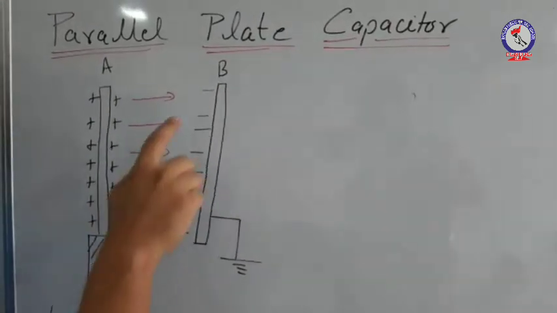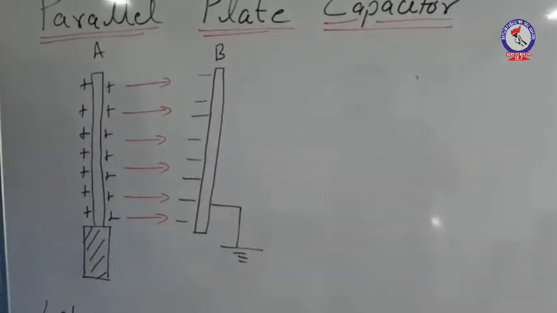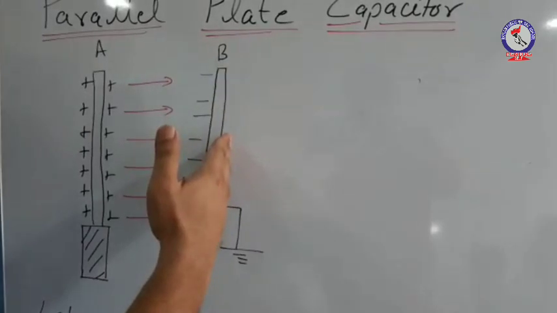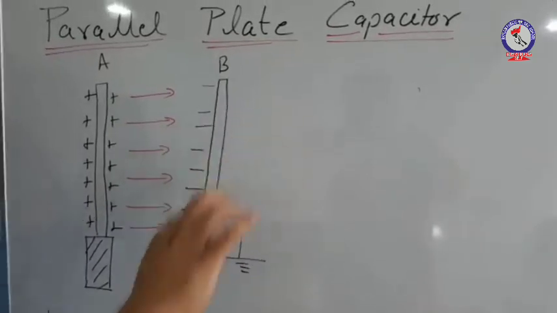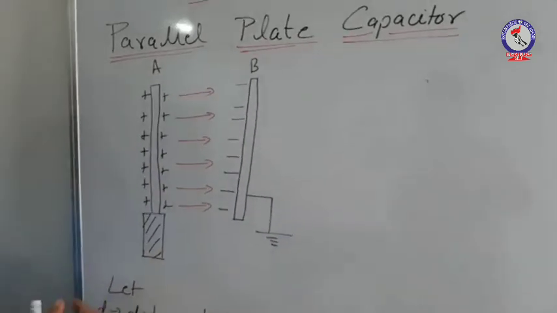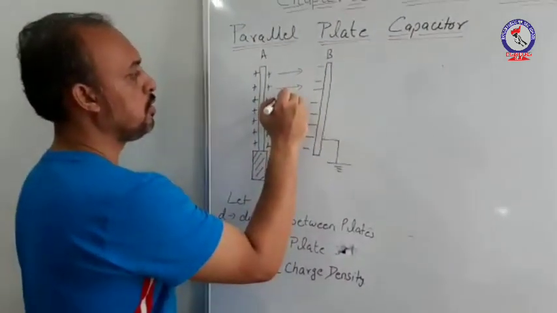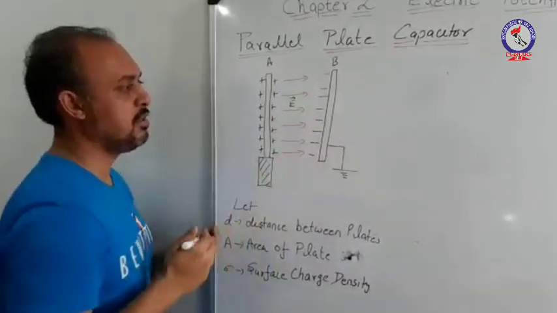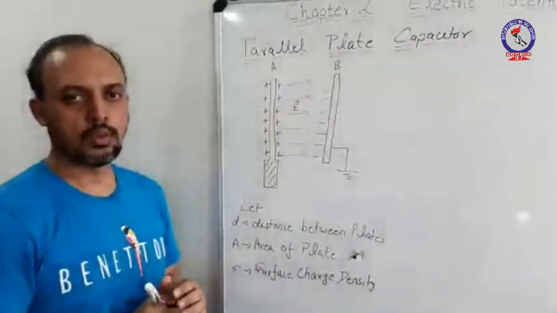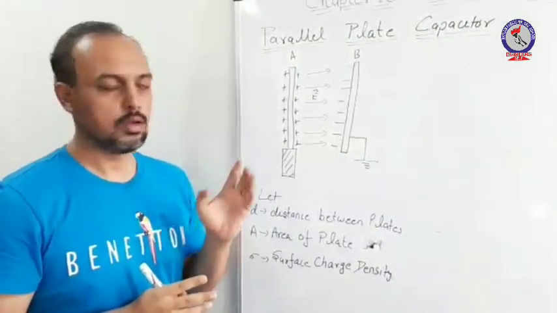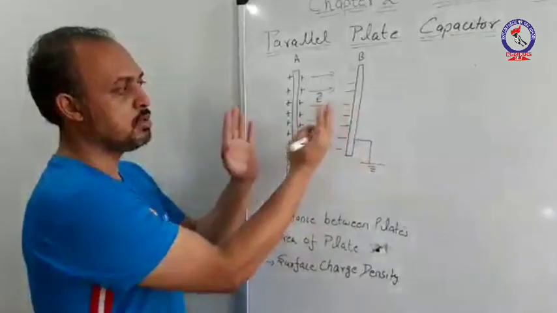Due to induction, a certain amount of negative charge appears on the inner plate. Charges may appear on the outer side of this conductor, but since you have earthed the outer side, whatever charge is induced on the outer side will be grounded. Due to the charge induction between the two conductors, a certain electric field exists inside these two conductors and the direction is shown. This combination, one insulated conductor and another earthed conductor, will make a capacitor.